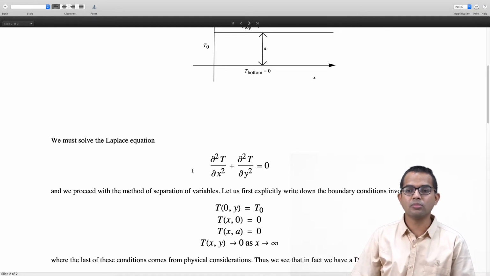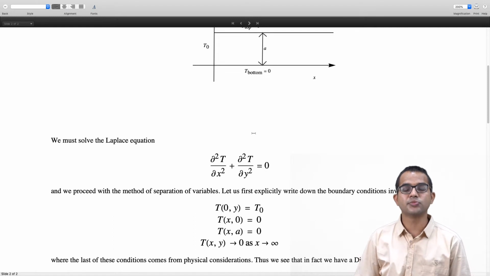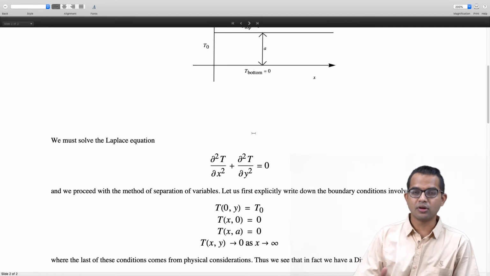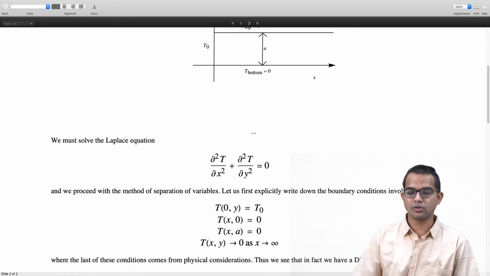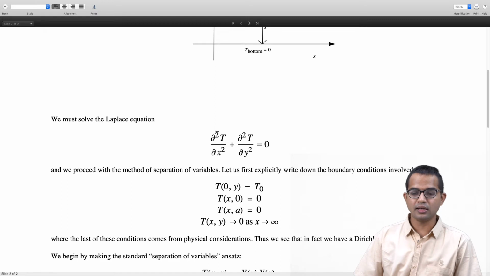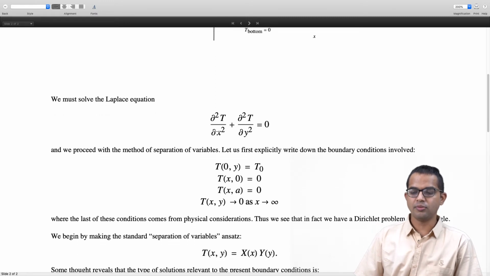Now once we have these four boundary conditions explicitly written down, we see that this is really a Dirichlet problem, right? So it's like the boundary conditions are specified on all the boundaries. I mean, you have a closed interior for which you want to solve the Laplace equation, and so indeed there is a solution, and that is a unique solution, right? So there is a uniqueness theorem which we didn't go into the details of, but really, if you can find a solution that's going to be unique, and so the technique is the separation of variables, and we make this ansatz.